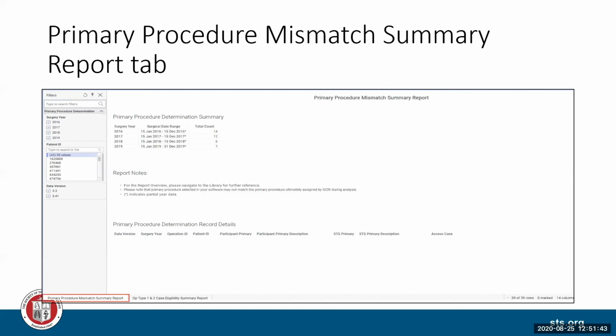That is the actual reporting period. And that's where we get the predefined reporting period. So you'll have the opportunity to select the reporting period prior to generating the report, and it will then pull in all of the surgery years that you see listed.